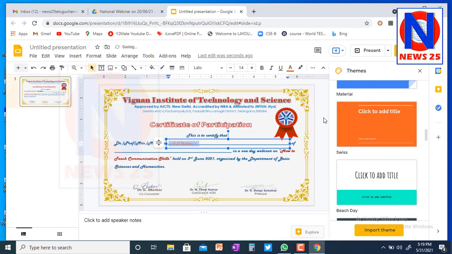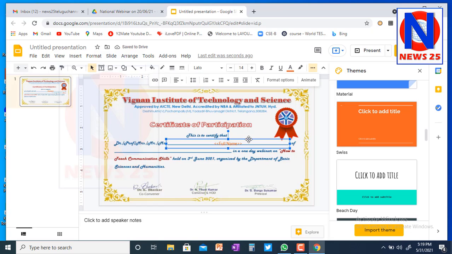Here for alignment, you click on alignment and click on center so that it will be in the center. Okay, right.